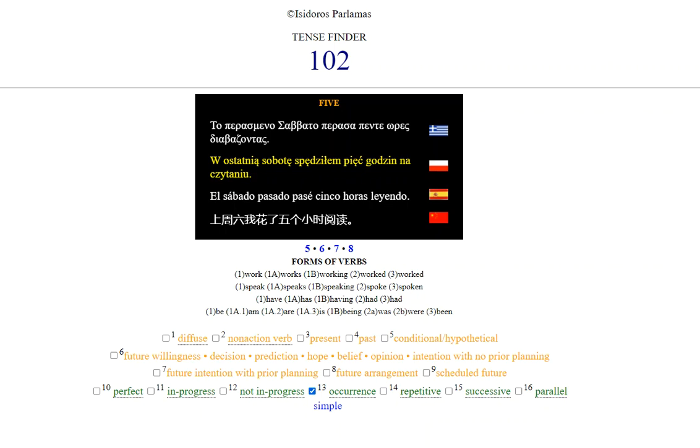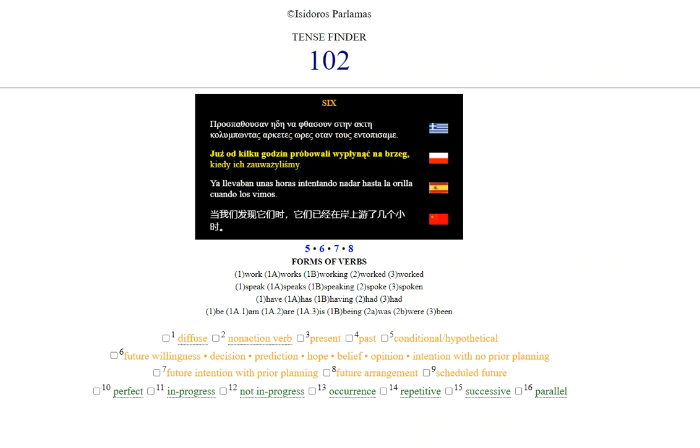Let's uncheck this and go to number 6. Już od kilku godzin próbowali wypłynąć na brzeg, kiedy ich